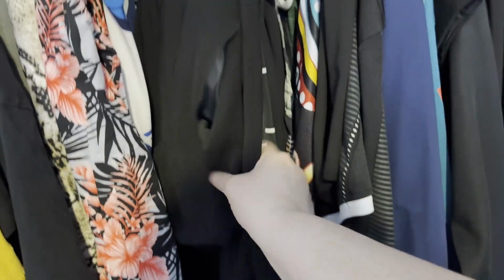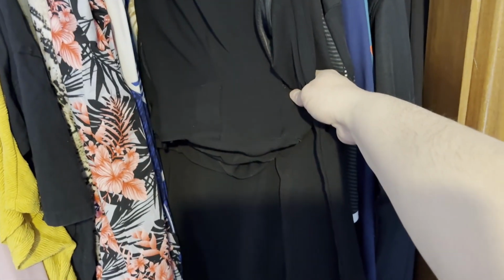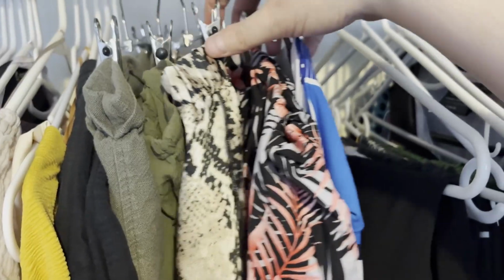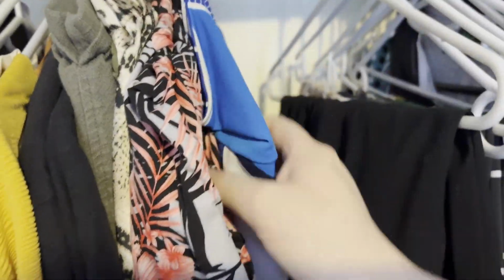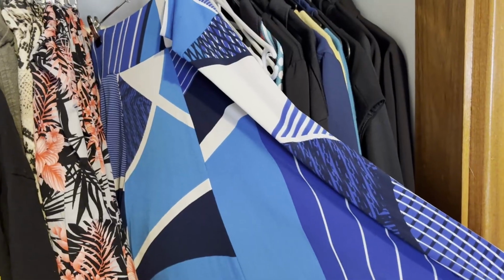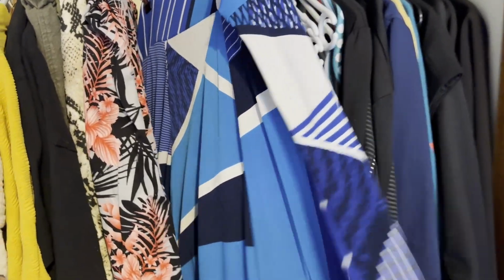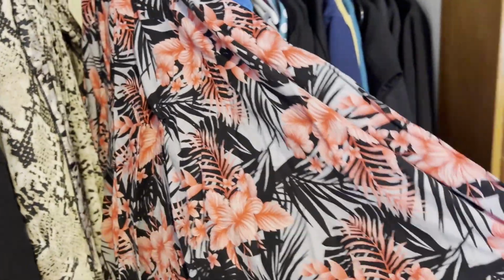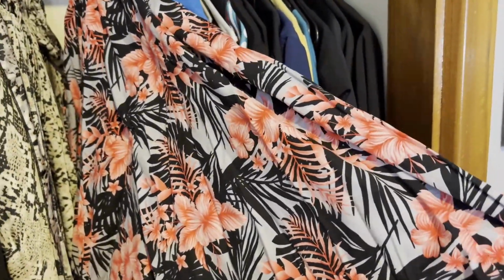While these black 3/4 pants tend to be worn more for work, I then have 3 skirts here. I've got this blue and white designed one, this floral black, grey and pinky coloured one, and then I have this one here. So it's like a snake skin